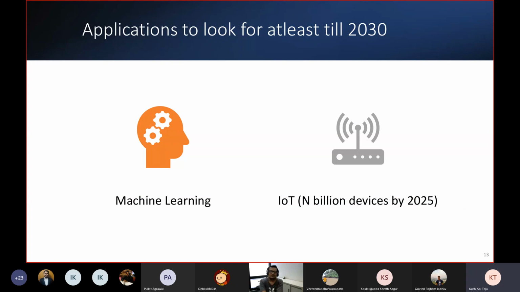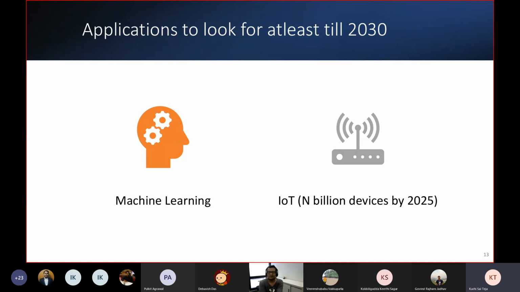Then, the moment you talk about architecture for performance, the first thing that comes up is applications. What are your killer applications for which you want to improve performance? You are using some benchmarks for your project. If you look at the application domains, ML, obviously everyone knows about it. IoT, the Internet of Things, is a big thing, and the kind of operations that we do on IoT devices. And by the way, all these IoT devices are connected to some servers. No matter what kind of IoT device you use, it is connected to some server.